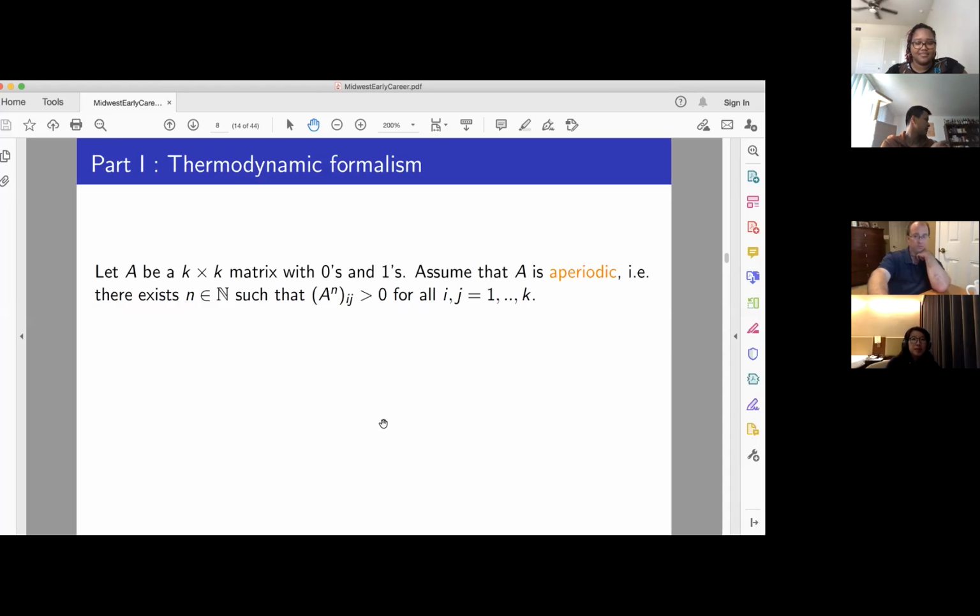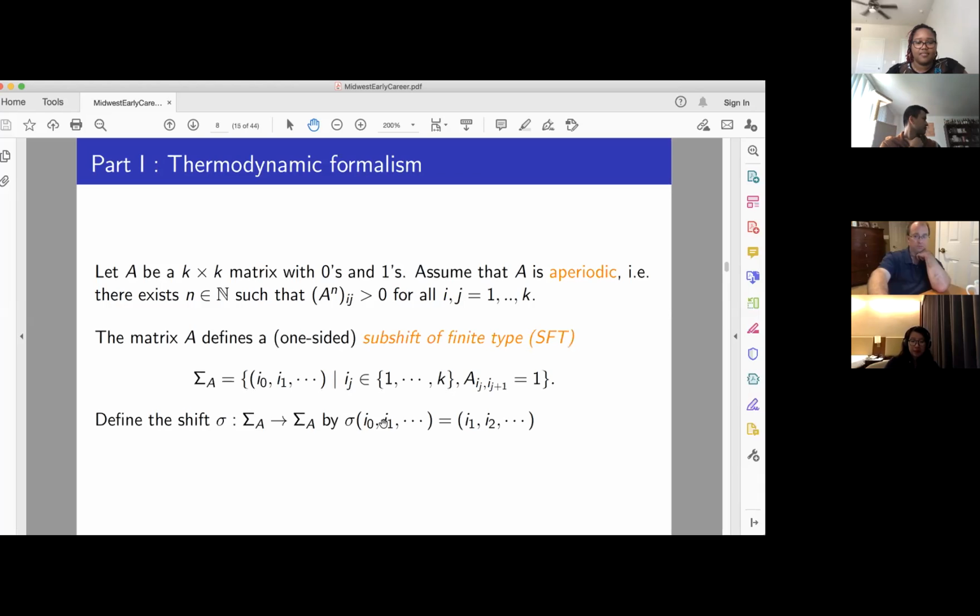So we start with a K by K matrix A, whose entries are either zeros or ones. We also assume that this matrix A is aperiodic. That is to say, there exists a natural number n such that A to the power of n is a matrix whose entries are all strictly positive. Right. So such a matrix defines a one-sided subshift of finite type,